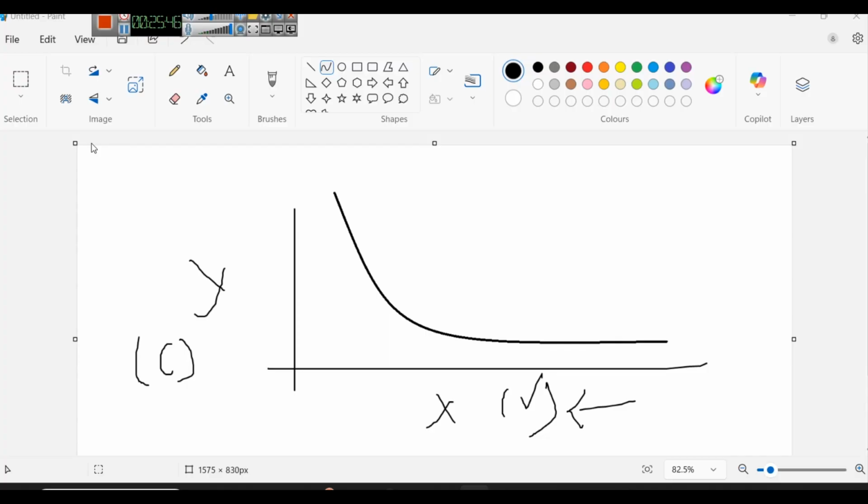Right or wrong? Yes, after a certain point, from here onwards, no matter how much you increase x's magnitude, y will not change. So this is some kind of graph, and we have studied this kind of chart